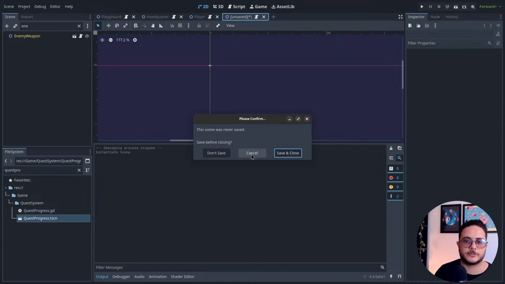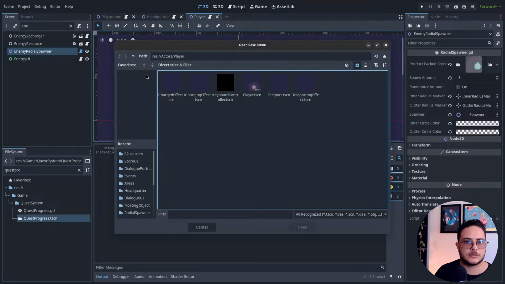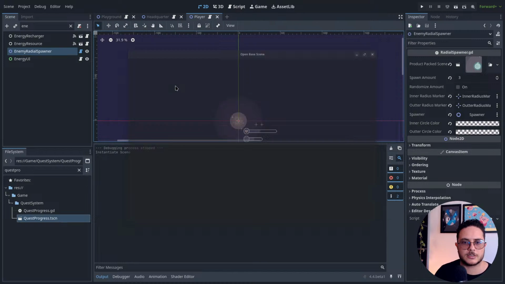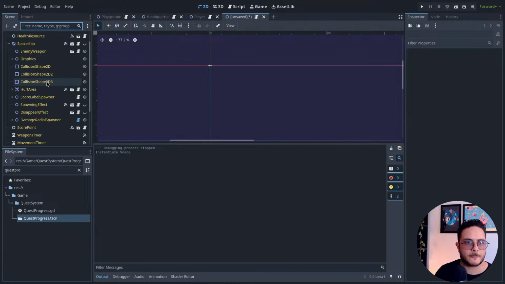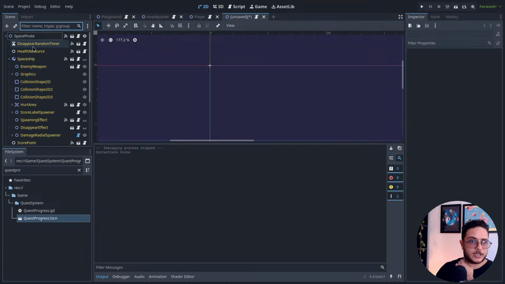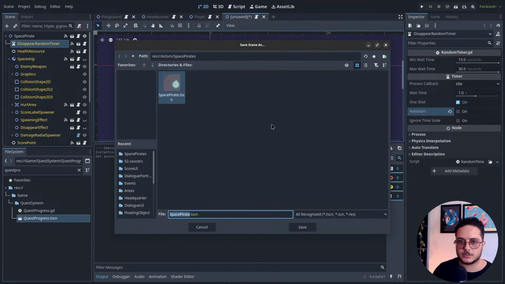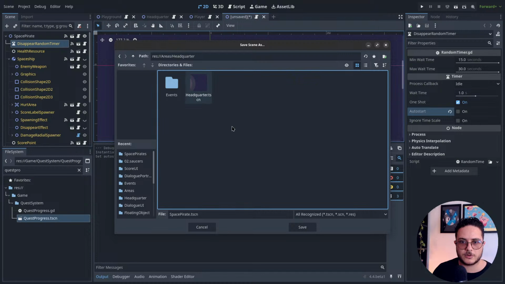New inherited scene. From actors, space pirates. Yeah, this one. So since this is an inherited scene now, I can toggle off the auto start. Save it. Areas, headquarters,